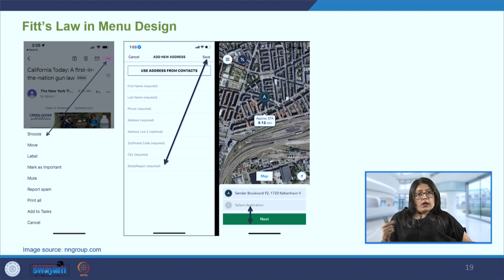And finally, in the last example here, we can see that after entering, from where we are traveling to where we want to go, the options are very close to each other. So it makes it very easy for the user to understand, because if these two were further apart or there was some other information between these two, then it would make the user feel disconnected. So related targets are close to each other, which minimizes the movement time, but at the same time they should not be so close that there is accidental clicking on the wrong button.